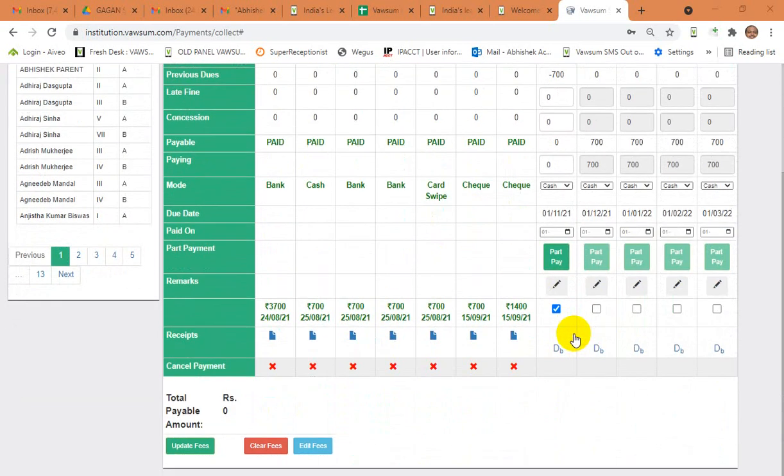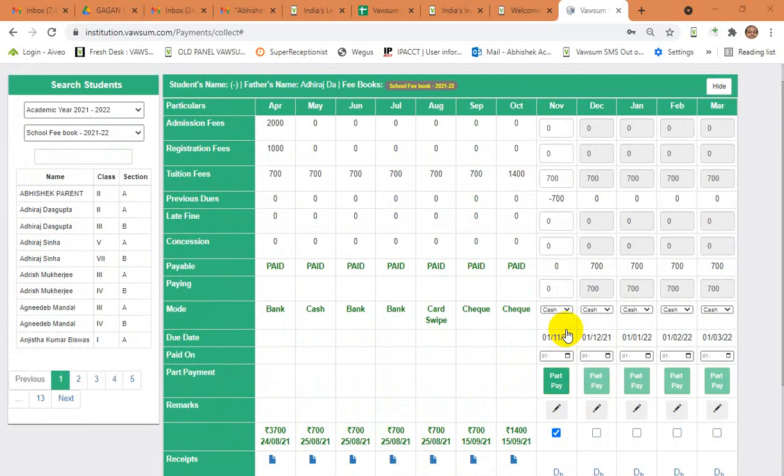For any such requirement, do let us know. Mail the support team of WOSM, and with a valid reason we will go ahead and cancel the fees for you.